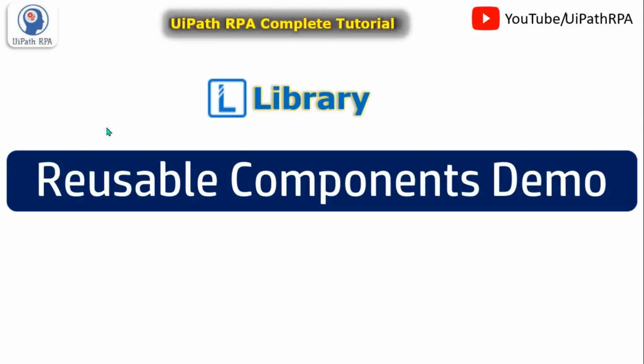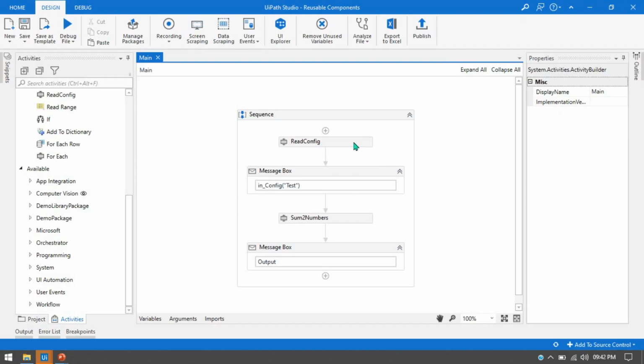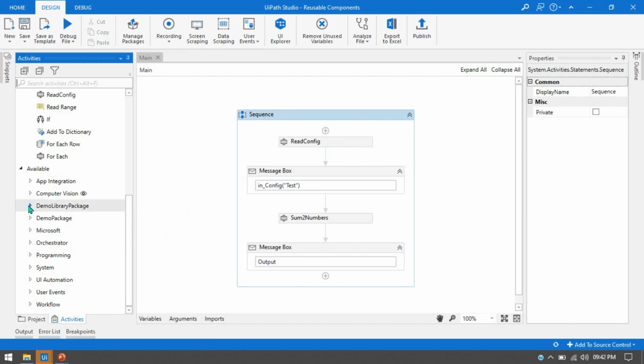Now we'll see the reusable components demo. I will show you the demo of the reusable components and how it works. So let me open the UiPath Studio. You can see here I have created a few custom activities. This is for read config file, this is for sum of two numbers. You can see here I have this demo library package, and there is a sum, and there is a config,